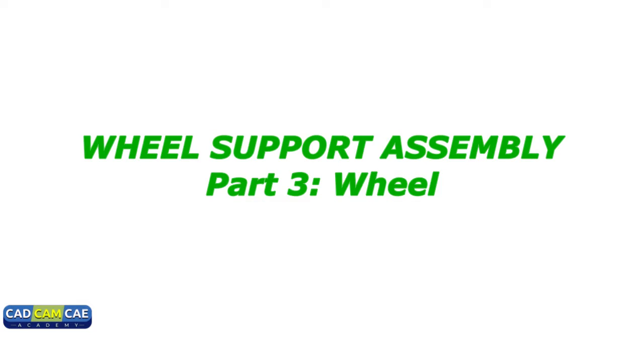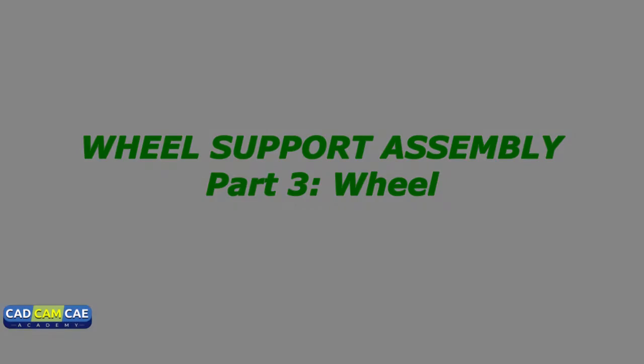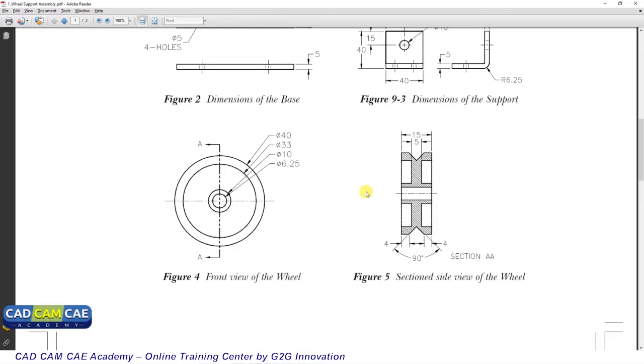Now let us design the next component, that is a wheel. So for designing this wheel, we will be making this cross section. So we will be creating this line first, and that line is at a distance of 3.125 mm. So we have a diameter of 6.25 mm, and the distance will be 6.25 divided by 2, that is 3.125. So let's create a line,